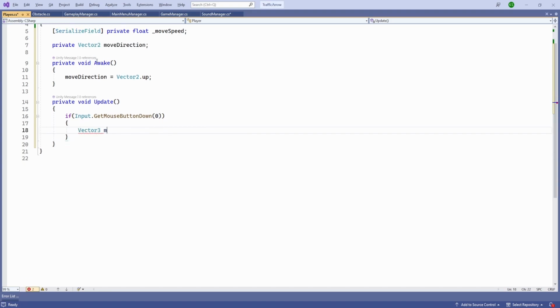So let's first get our mouse position. So it is going to be Camera.main.ScreenToWorldPoint, and we'll pass our Input.mousePosition,